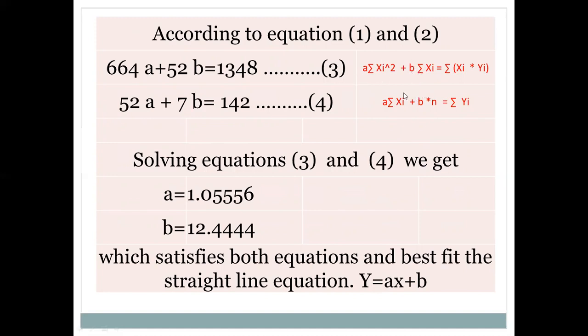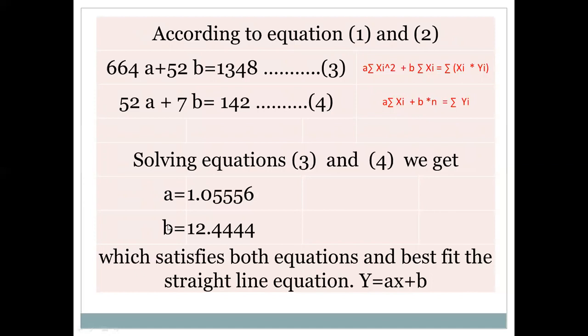So a sum of xi square plus b sum of xi equal to sum of xi yi, where sum of xi square is 664, sum of xi is 52, and sum of xi yi is 1348. Similarly, for the second equation, a sum of xi plus b into n equal to sum of yi. So a sum of xi is 52, 7, the number of data points, into b equal to sum of yi, which is 142. So after getting these two equations, equation 3 and 4, from the normal equations, we will get the